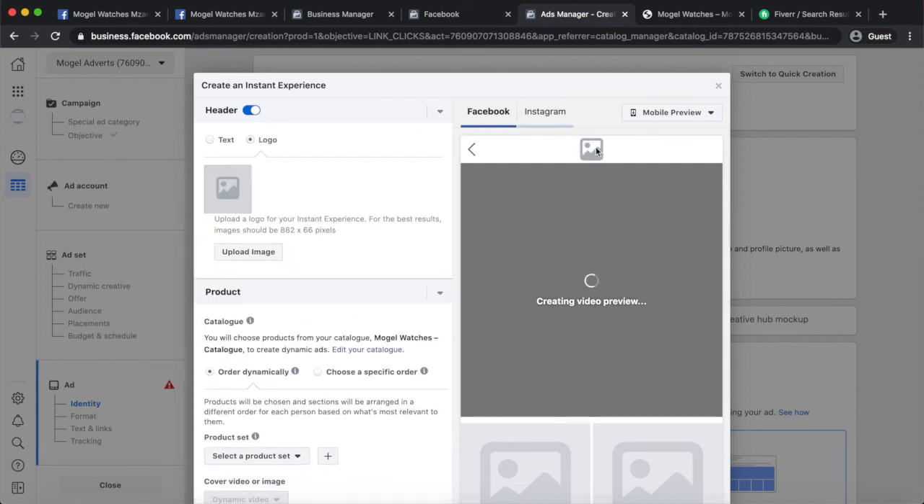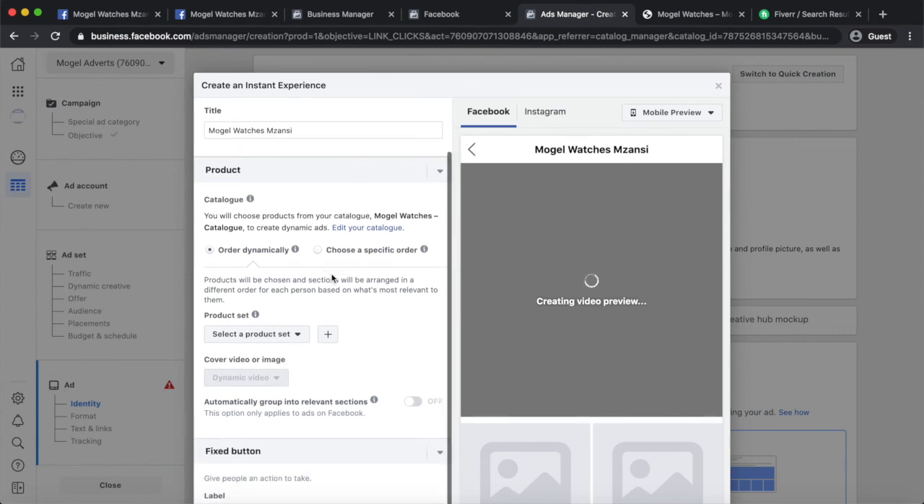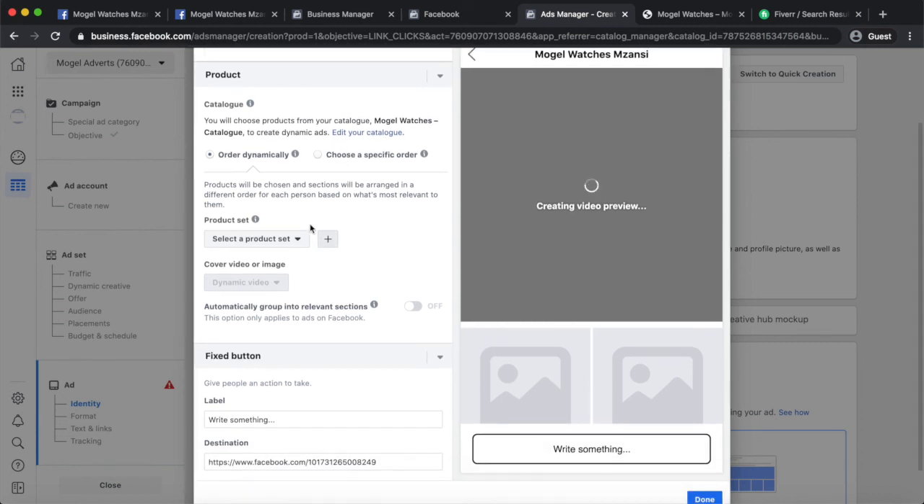So this one will just put a sort of a logo there, and you can upload whatever image you want there, or you can put it as text, and then you can write whatever you want. Miguel watches Mzansi, I think that's perfect. And then the catalog, this is the same catalog you created when you did the commerce account. So this is automated. Okay, it's going to just put in that same catalog in here,